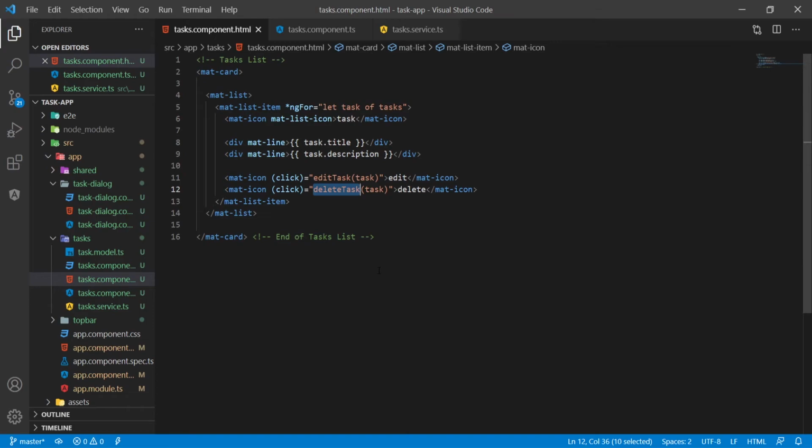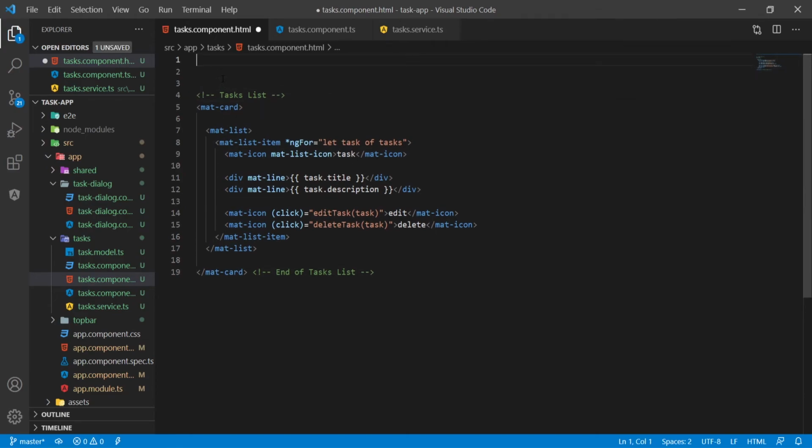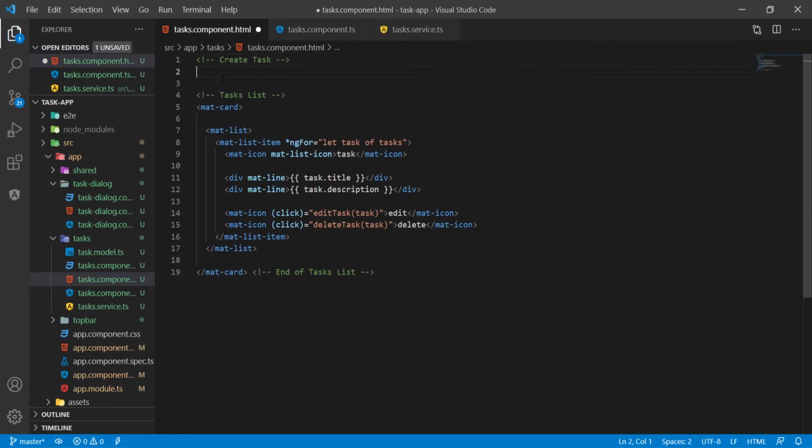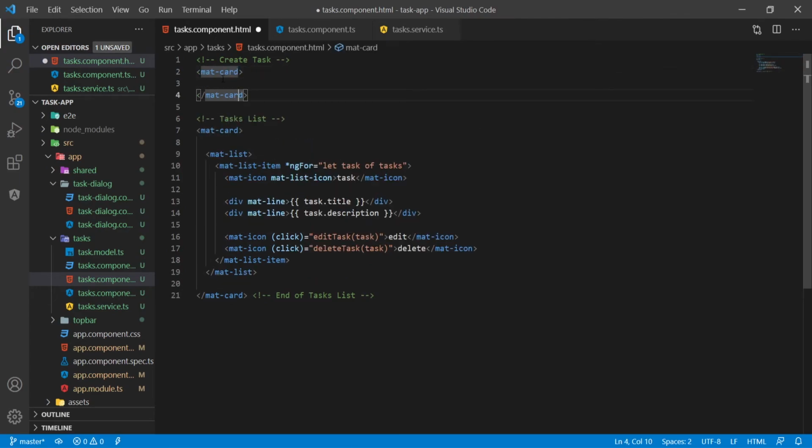So here I could just do this, well, basic, but we will integrate the reactive forms here. So we will bind our tasks to dynamic data in our TypeScript. So I will also show you that here. First of all, what I should do is before this tasks list, I will add a comment of create task, and here I will use another material card. At the end of this card, I will put a comment of end of create task, and here what I wish